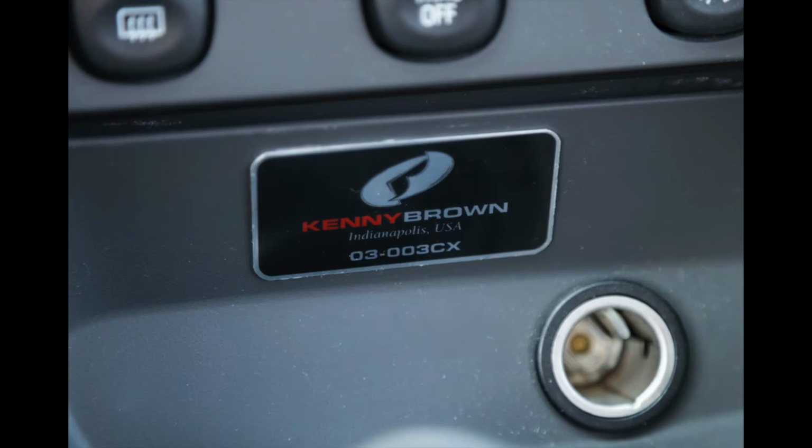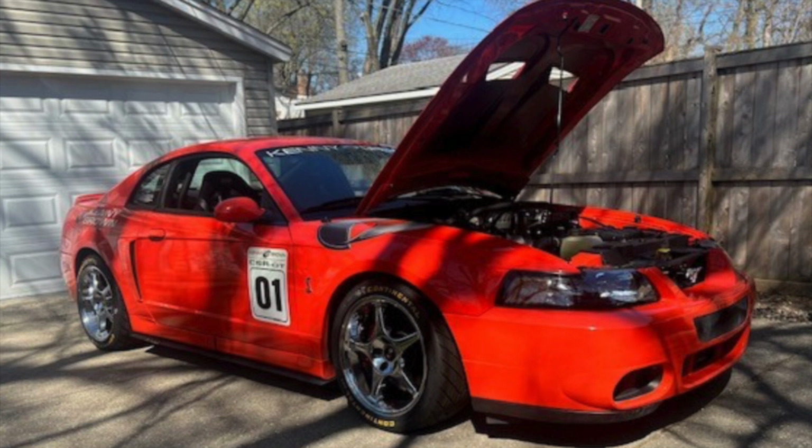It does have a little dash emblem here for number 3, it looks like, of 2003 Kenny Brown Cobras made. I haven't heard about too many of these being made. Not sure if it's something that's really sought after or not, or just something that's neat that has some modification done to it. I know I had talked recently about a competition orange Terminator Cobra